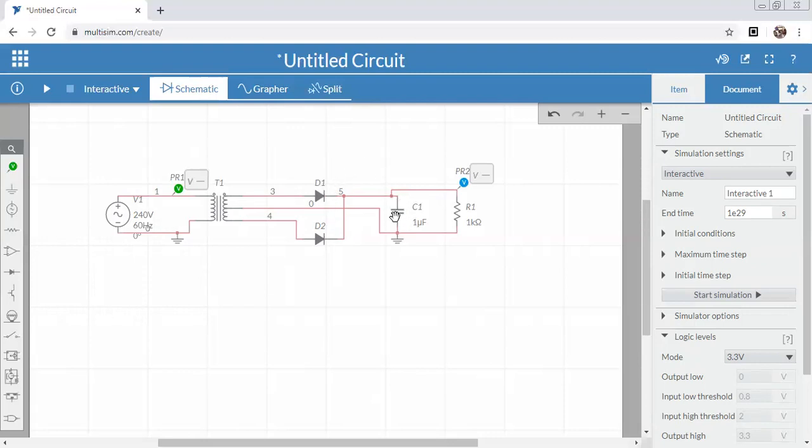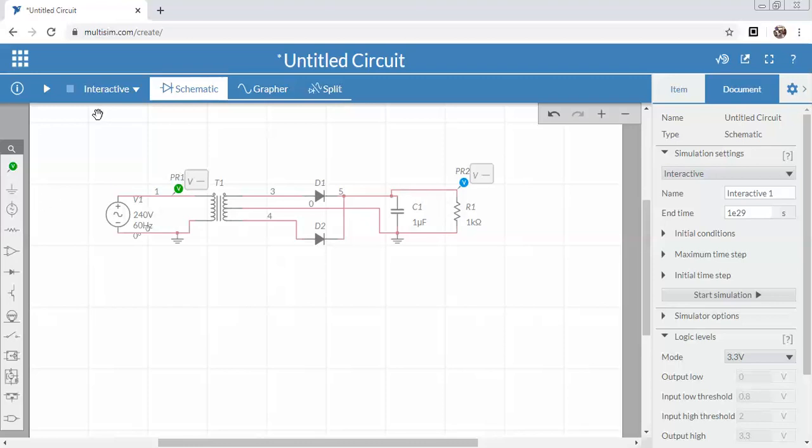So the unwanted noise signals can be removed by this capacitor. Noise means that the diode can convert the AC into DC, but some sort of AC signal is also present with the DC. That sort of unwanted AC signal can be removed by this capacitor, and the load can clearly get the perfect DC signals.